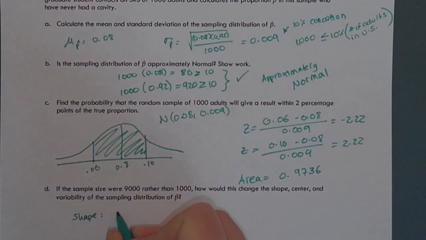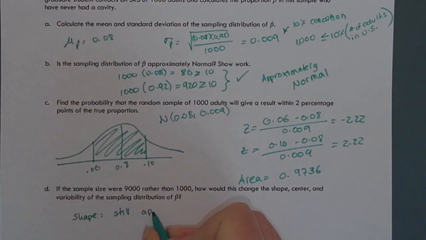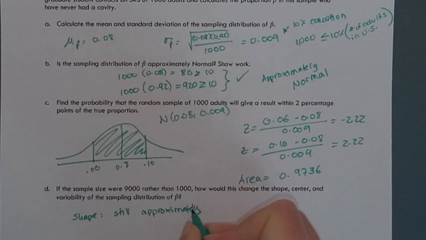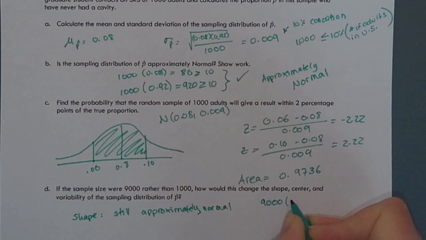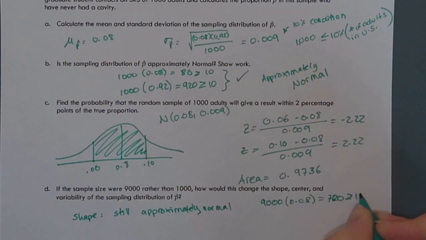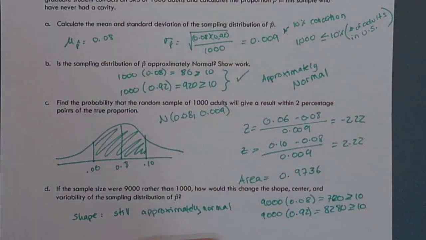So our shape would still be approximately normal, because 9,000 times 0.08 is 720, which is still greater than or equal to 10, and 9,000 times that is here, which is also greater than or equal to 10. Our center would still be our mean of p hat, which is still 0.08,